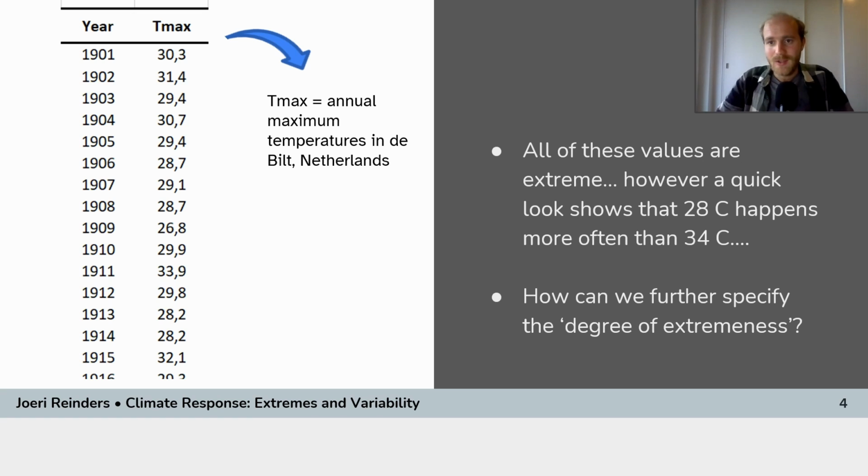And then if you look at that, you see already some interesting patterns. For example, there are quite a bit of 28s and 29s in there. Any value between 28 and 30 is pretty likely to come. However, there's one that gets close to 34 degrees. So not all extremes are the same. There seems to be some gradation there. And that's